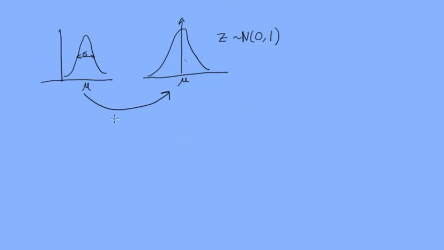So let's say we have a variable x, and if we subtract mu from x, then the probability density function is translated horizontally